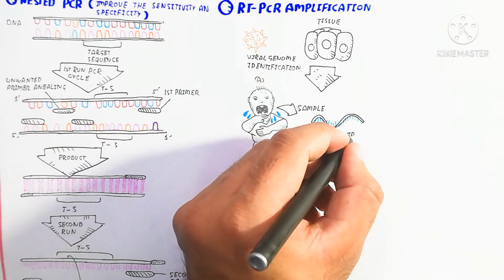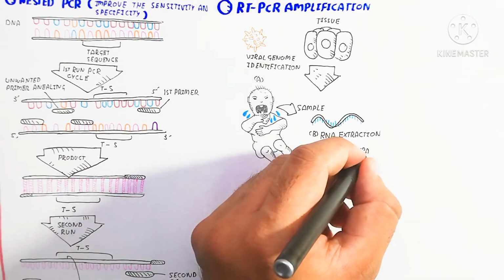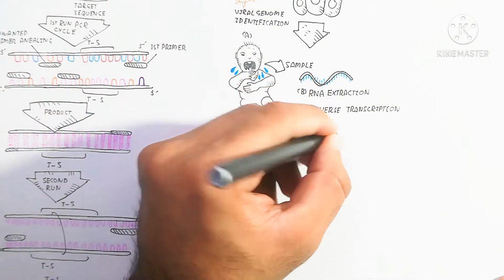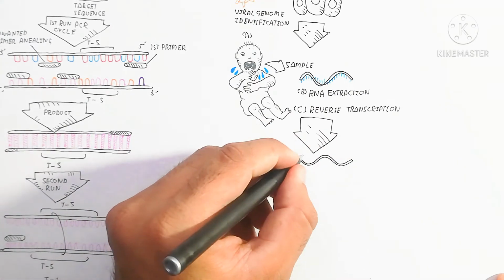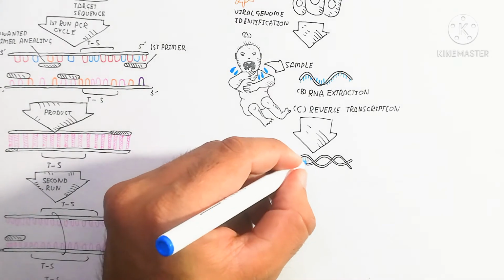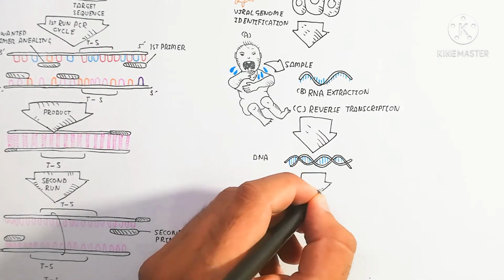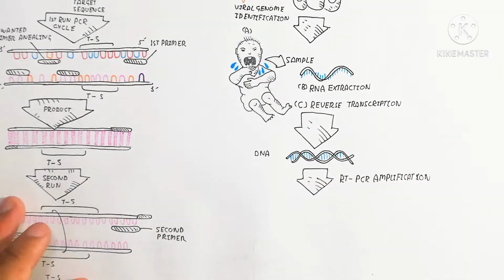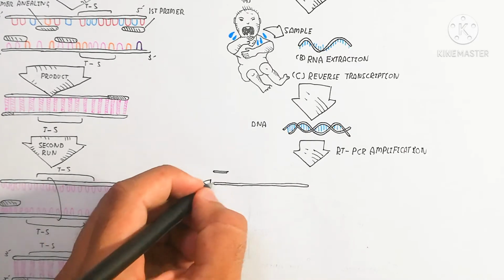So the RNA extracted from the sample is used for the third process, known as reverse transcription. So this reverse transcription is used to produce DNA. So that DNA was used for the identification. So that is how the RT-PCR amplification is used. The identification uses a probe. That probe uses fluorescence, for example, producing color. So that probe is known as the dye